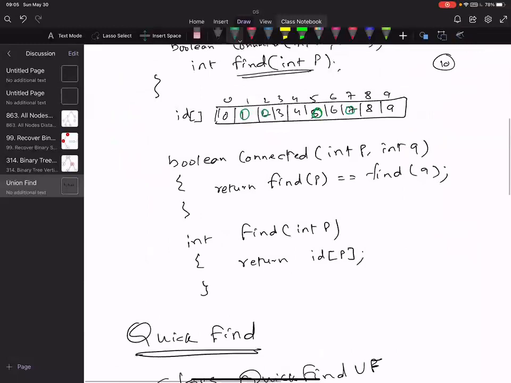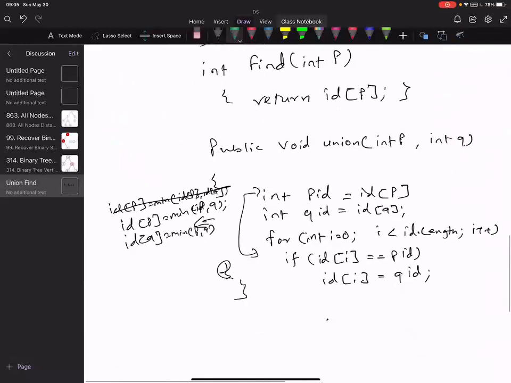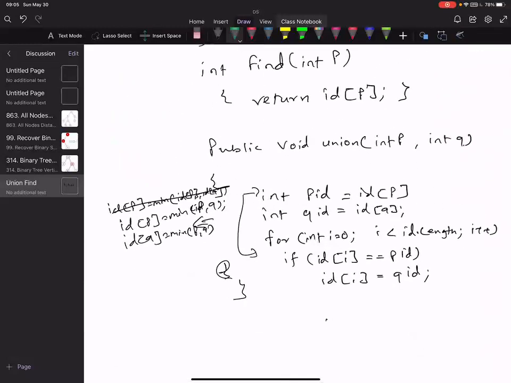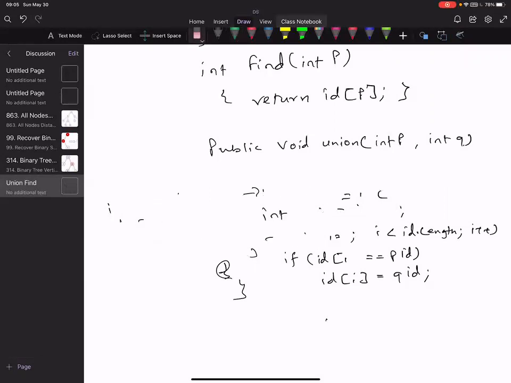That's a good implementation. So you are saying that your first line is correct. My second two lines, you need to correct to ID of P and ID of Q. That's all. Yes. I like that implementation, so I'm gonna keep that. Yeah, that implementation is really nice. Cool. Thank you.